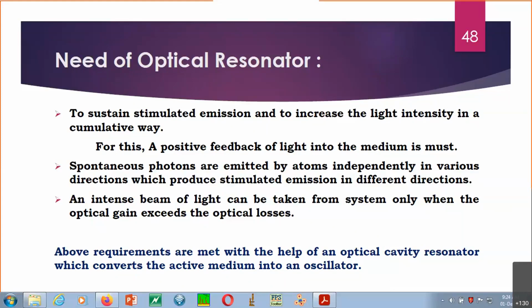Now let me explain it to you. What is the meaning of positive feedback? You people may have heard about the feedback system. Positive feedbacks are there, and negative feedbacks are also there. Both have their own benefits as well as some drawbacks. But in general, you should always prefer positive feedback in life actually. But in a subject like this, it depends on so many parameters. Here we are considering the positive feedback.